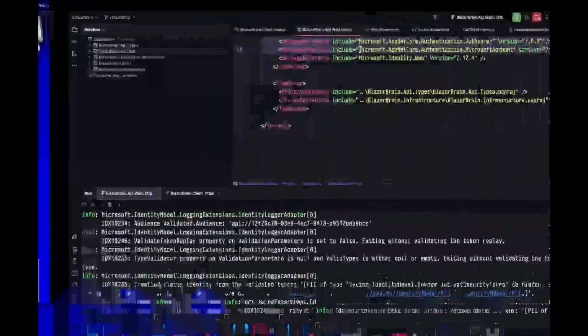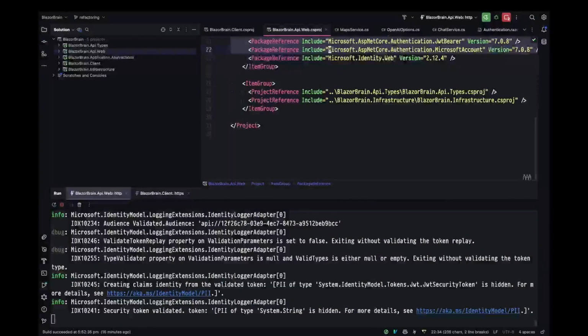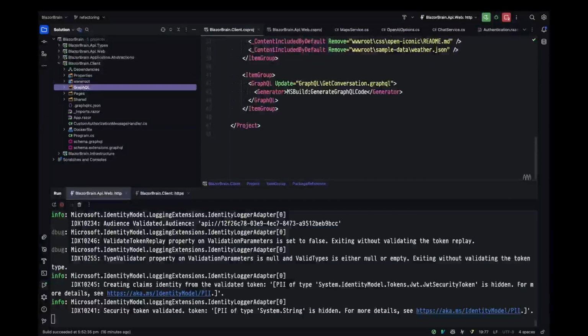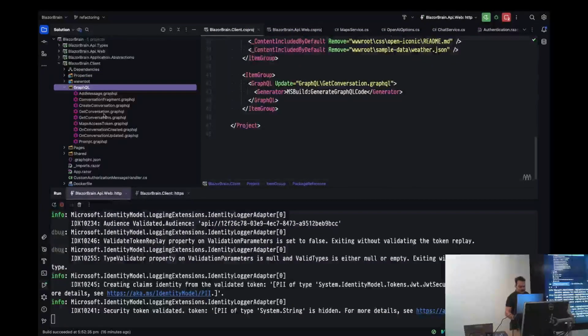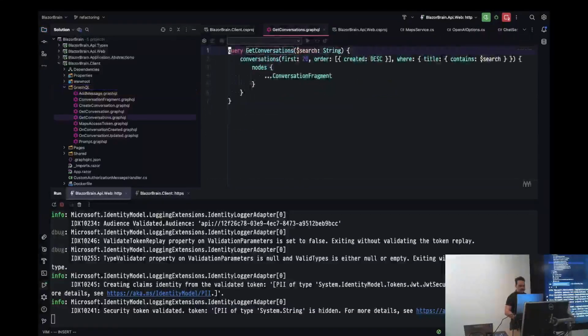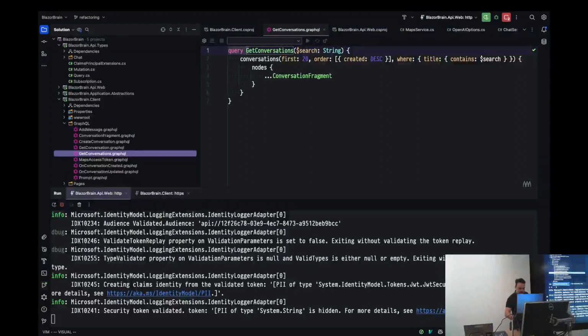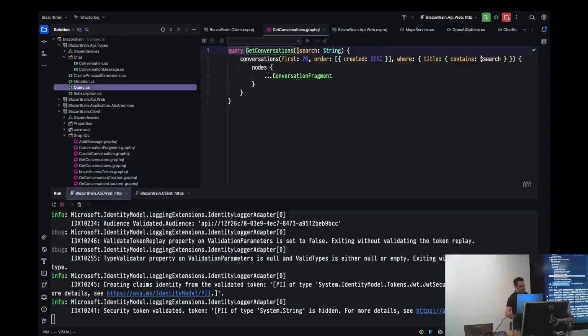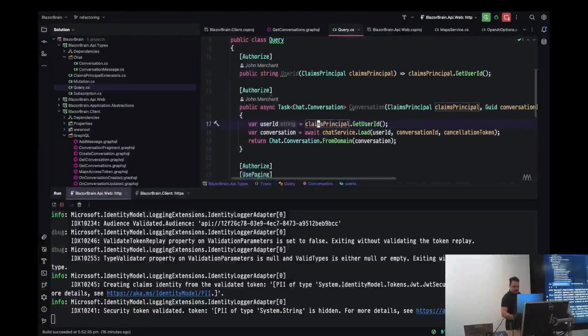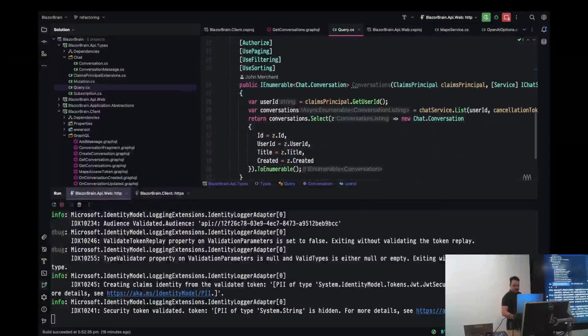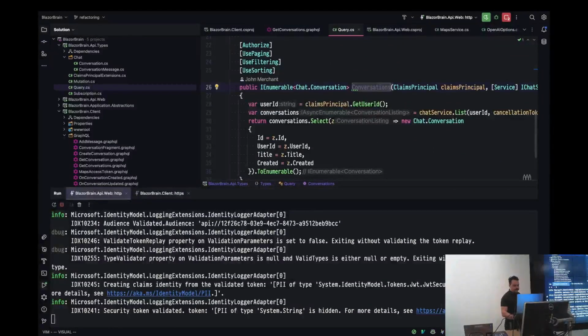So let's bring up our IDE, and we'll go into Client, then GraphQL. And I'm going to have a look at our query definition for get conversations. So here's our query type, and that query type maps to this query type in C#. So we have this conversations field